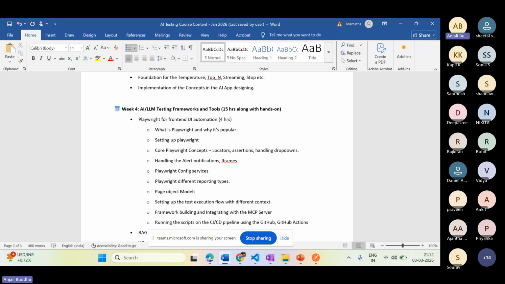Like if you provide the test cases that you have in Jira, or wherever you have stored your test cases, by using an MCP server we can build a tool which can pull from that particular Jira. You can pull the user stories into your Visual Studio Code, and convert that user story into automation also.